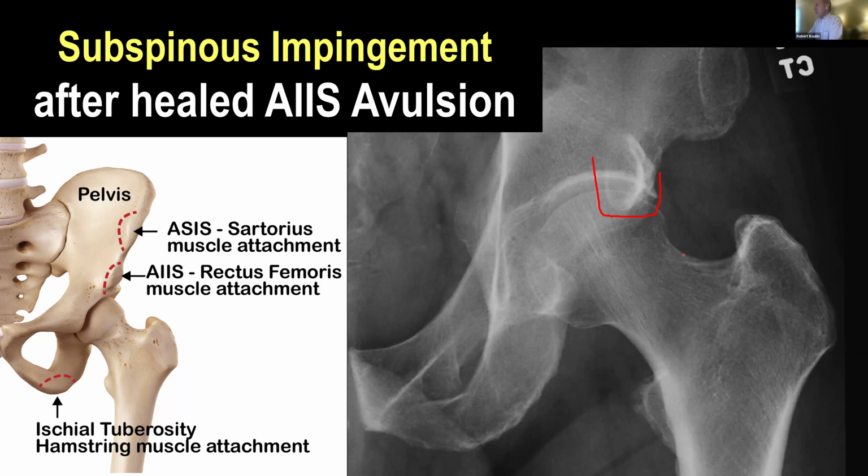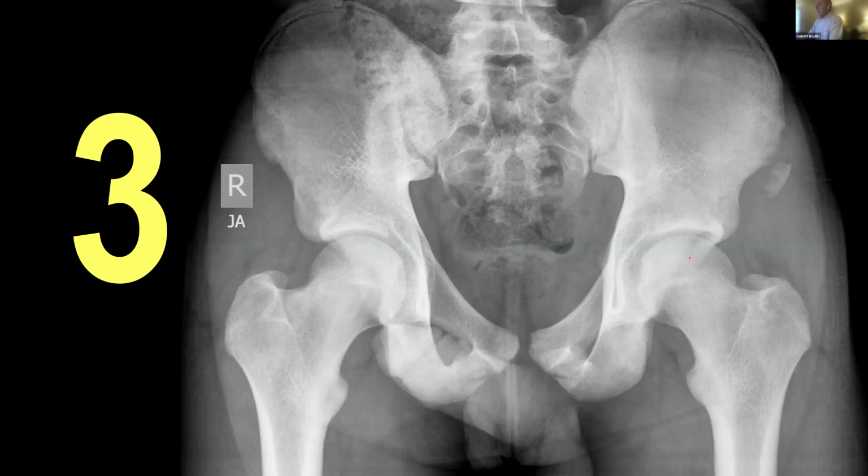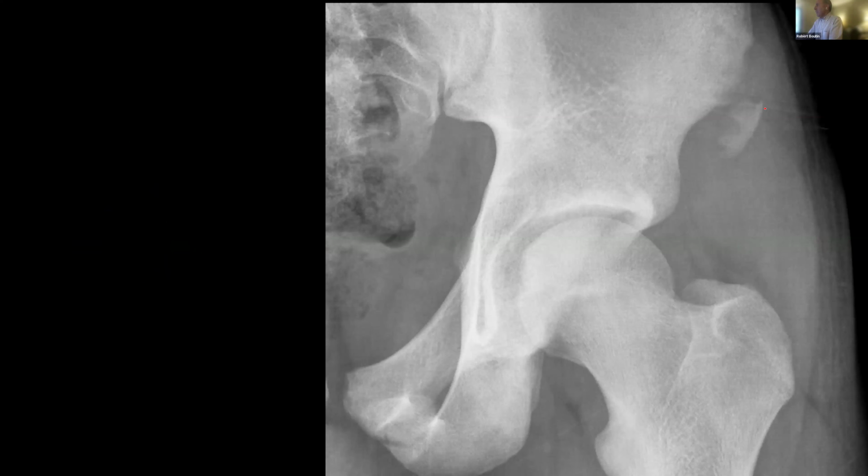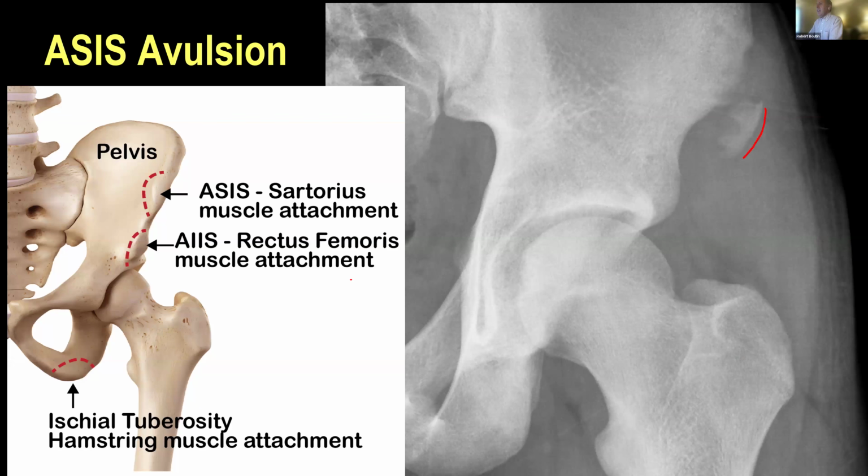So that's something to keep in mind. If you don't look for it, it's easy to not see it. Moving along, here we see the anterior inferior iliac spines look okay, but in another athlete with abrupt onset pain, we can see the salient finding is this avulsion fracture at the anterior superior iliac spine. That is the origin of the sartorius.